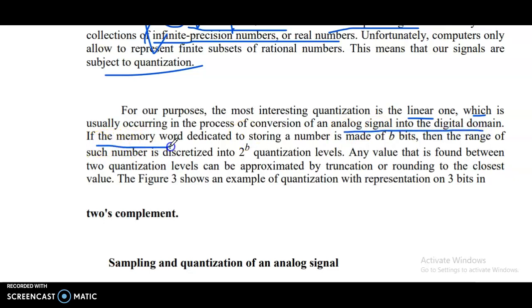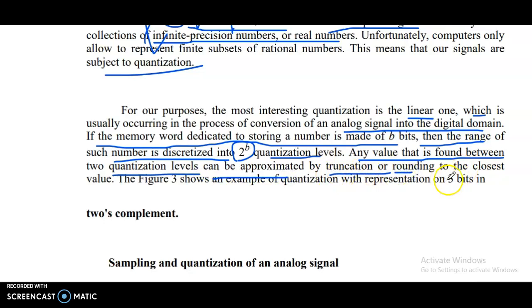If the memory word dedicated to storing a number is made of B bits, then the range of such numbers is discretized into 2^B quantization levels. Any value that is found between two quantization levels can be approximated by truncation or rounding